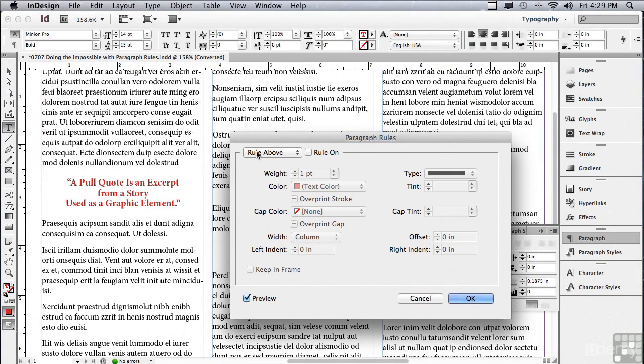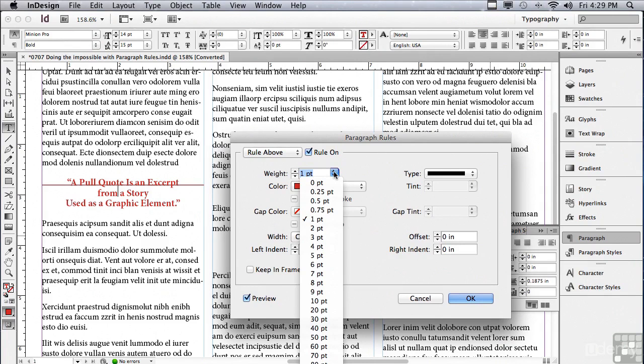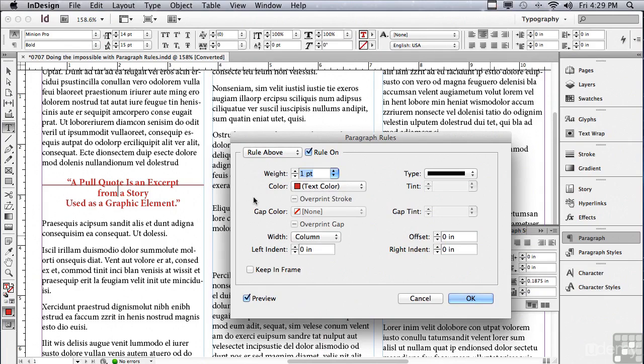Why don't we start with a rule above? To make it work, all I have to do is check Rule On. And I also have to make sure that Preview is checked. I can change the weight, if I wanted, of that rule. If I click the pop-up menu to the far right of the field, I can make it a lot thicker or even thinner. I'm going to leave it at 1 point for now,